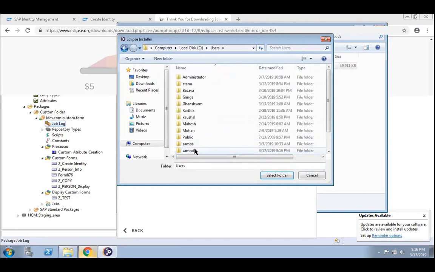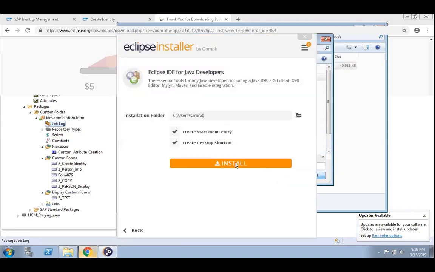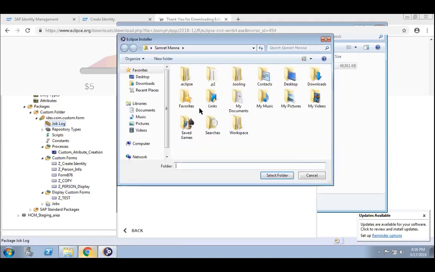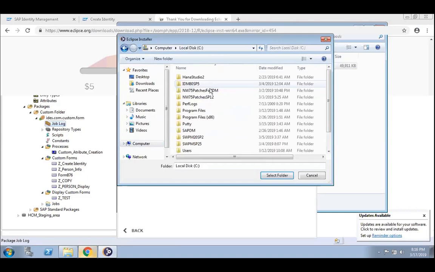Users, my name. Select the folder. You have to create Eclipse. Computer, C drive.